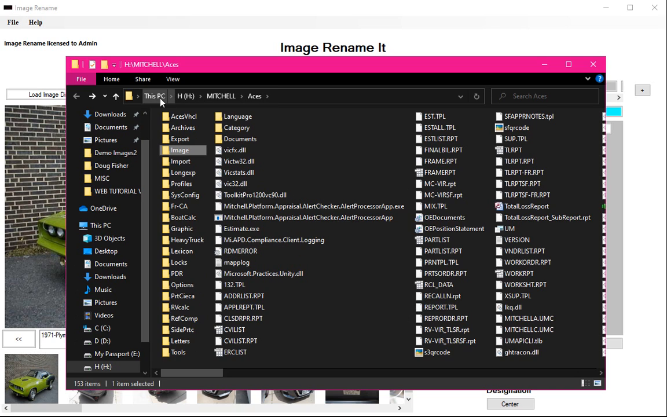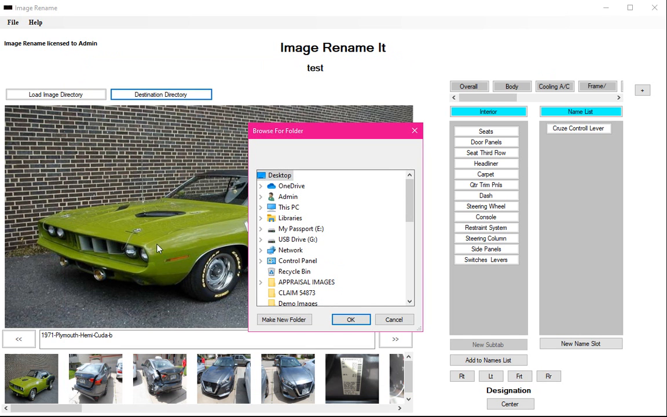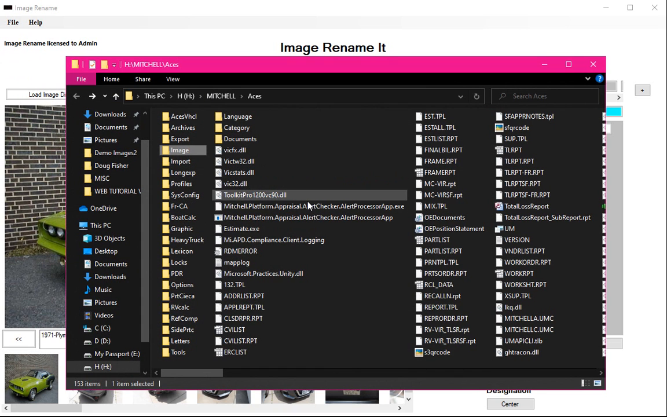Like in here, it is this PC, drive H, Mitchell, under ACES. For Mitchell, possibly it would go someplace else in Mitchell. That has to be programmed in, and we can do that once we know the parameters of how that would work. So the program at that point, when you hit this, it would go to that particular directory automatically, and